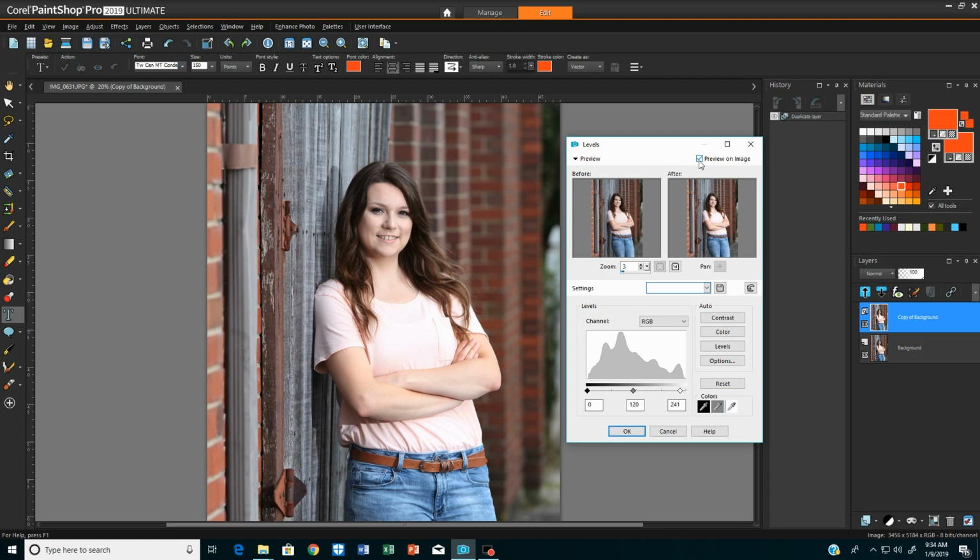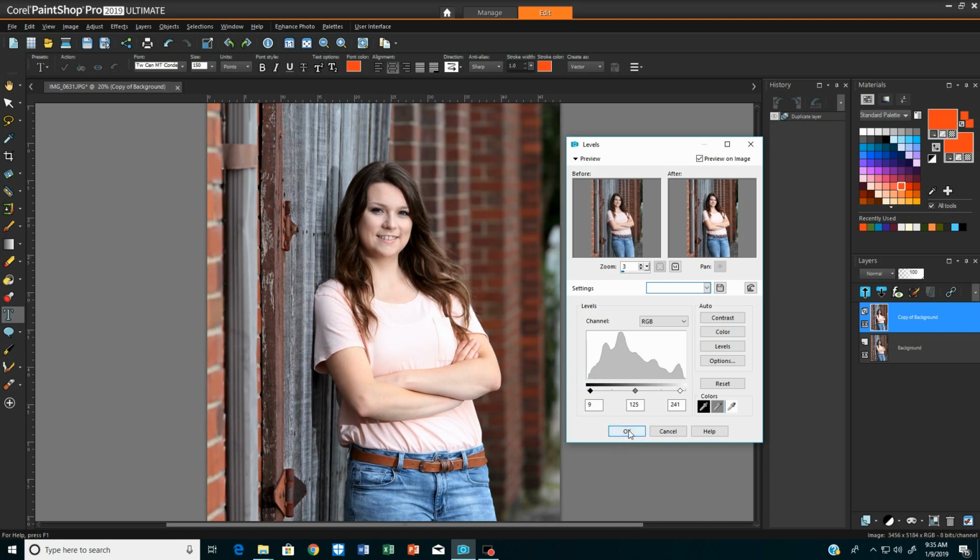Now, if your processor is not fast enough, or you're using version 8 or beyond, then it may not update that fast. But to be able to see your changes, click the preview on image. So we just did the white point. Let's pull the black point up just a little. Just a little. Maybe a little bit too much. Let's go down just a little.